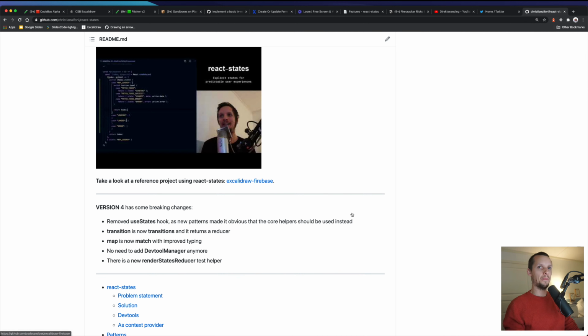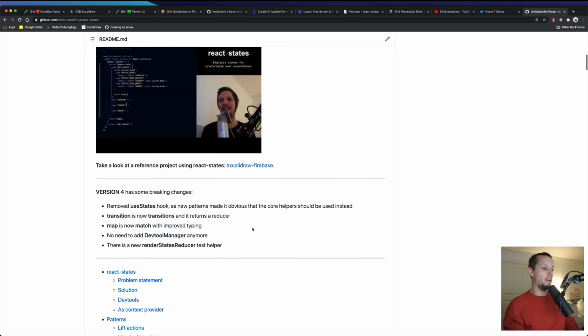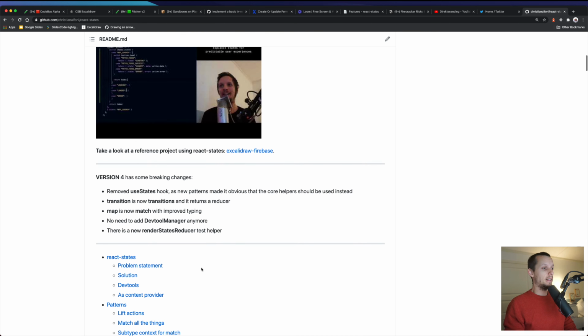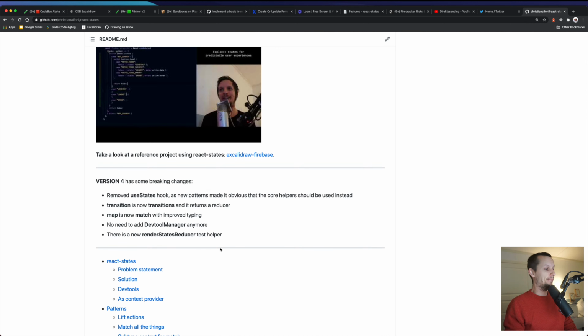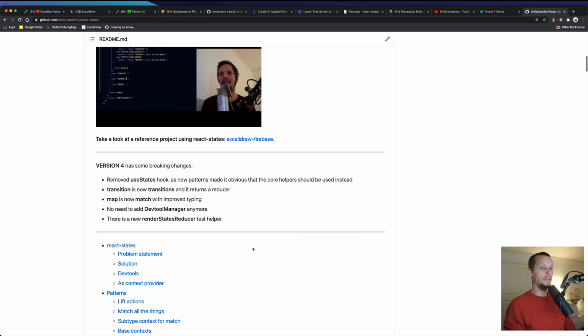But anyways, that project has been a reference project for us internally at CodeSandbox as well, to explore an architecture on top of React, because we had to choose whether to continue with some broad state management tool, or embrace React and rather create patterns on top of React to deal with the scale of things we are doing. And we went with the latter, and React State is a lot of the work that led to us feeling confident that we could do it that way.